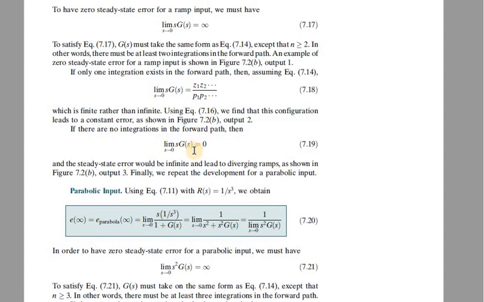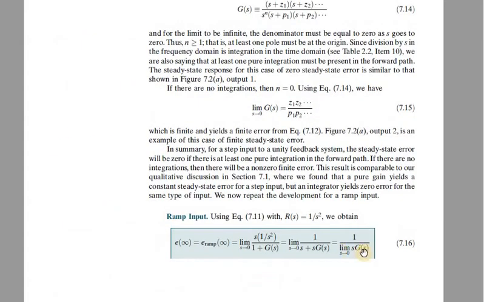Otherwise, the steady state will be infinite. If g of s is finite, meaning it has a value, that is 7.15, that gives you a finite number. When you take the limit, it becomes 0. 1 over 0 is infinite. So you need at least one integral, otherwise you have